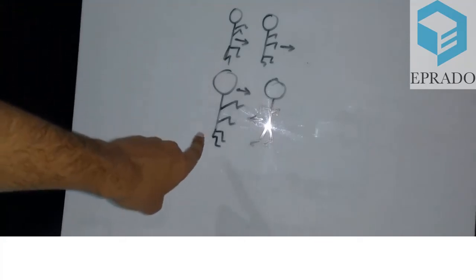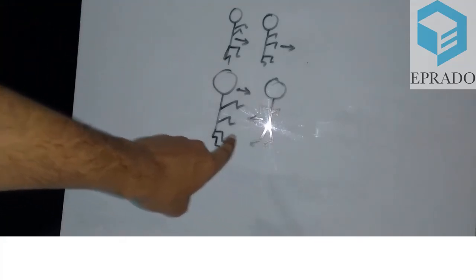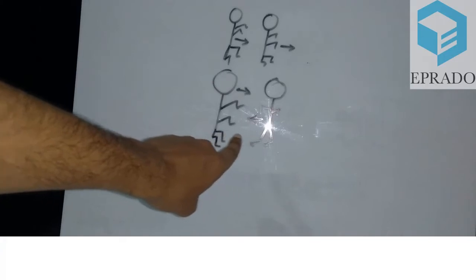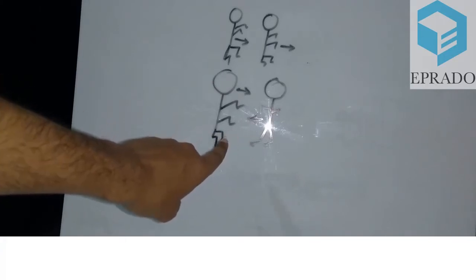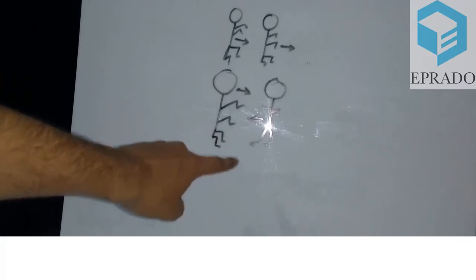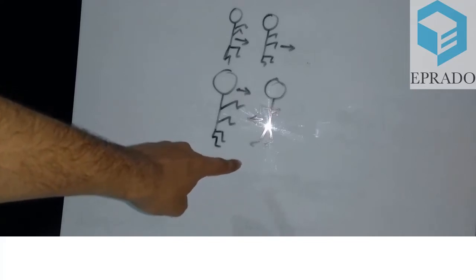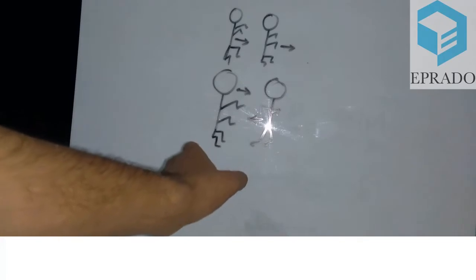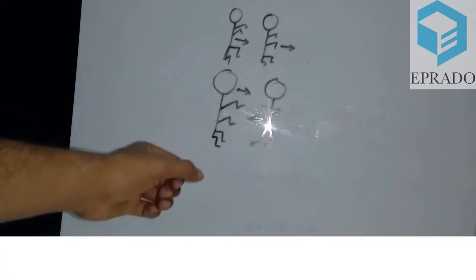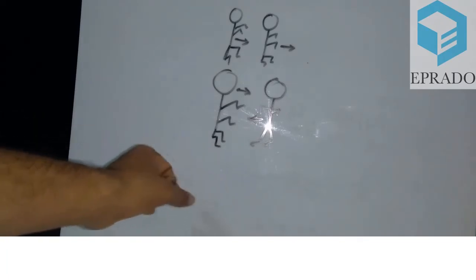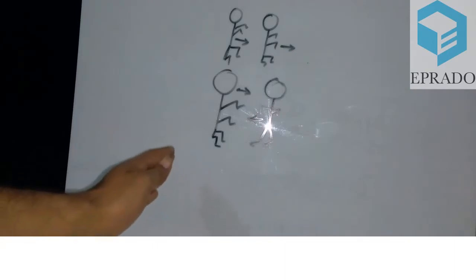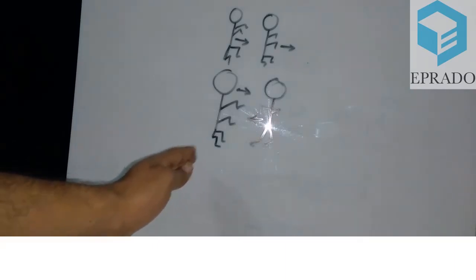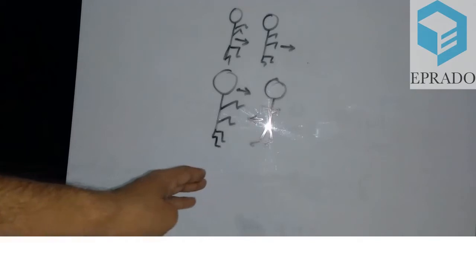But if you and your friend both are moving in the opposite direction, then what will happen? The pain you feel will be very high. So if you hit each other, then it will be more painful for you. Similarly, the current flow is also in the direction opposite to the direction of flow of electrons.